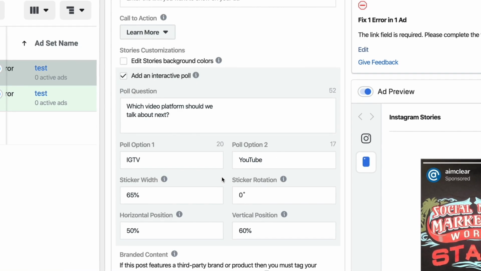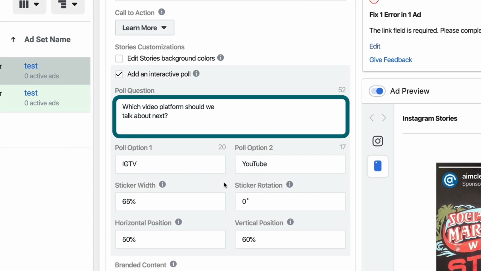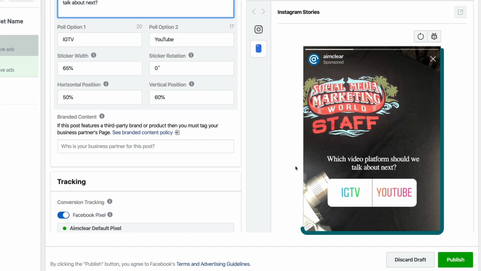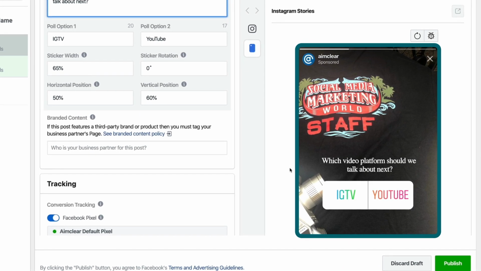In this, you'll see there is first the poll question. This has a 90 character limit, which is actually pretty long. The one thing to know about this is it doesn't do the best job of placing it correctly on your image. So you wanna make sure whatever you put in there, you are viewing in this little preview pane over here to the right, because that's gonna show you how it actually renders.